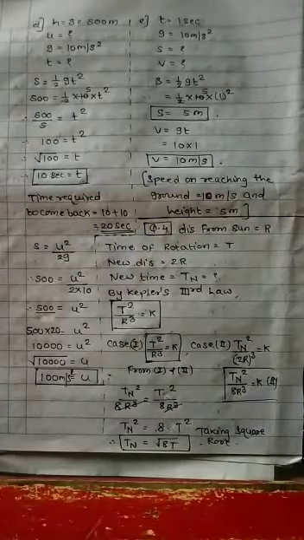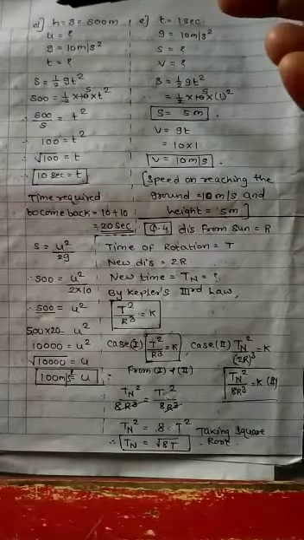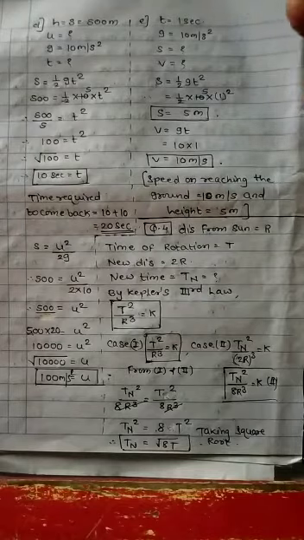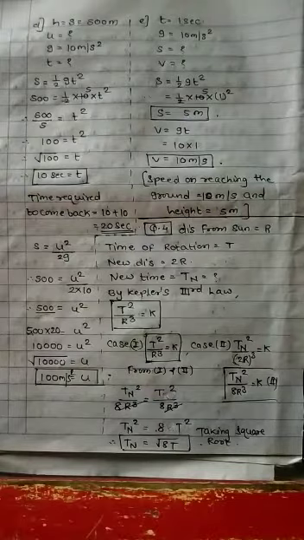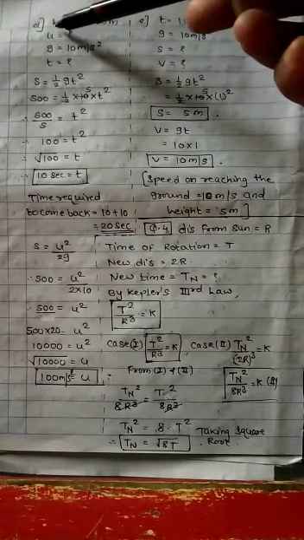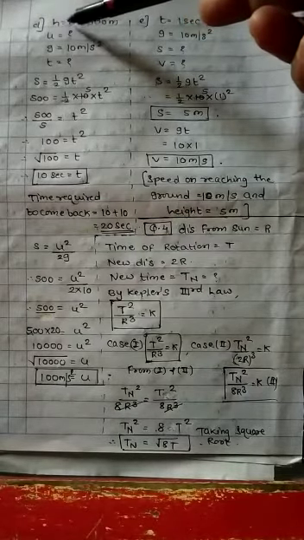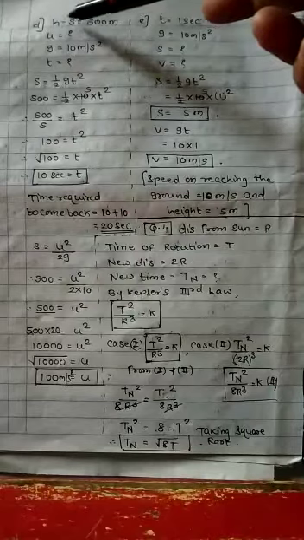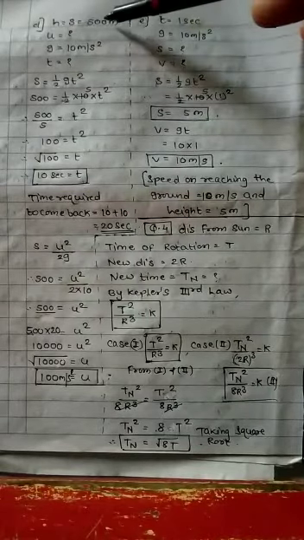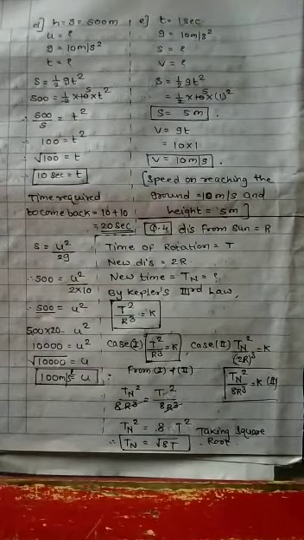Let's continue with the sums, that is D1 sum. What is the question for that? D1 sum from the textbook. An object thrown vertically upward reaches a height of 500 meter. So height is your h. You have to write it down as s also, because displacement and height are the same. So 500 m. What was the initial velocity?